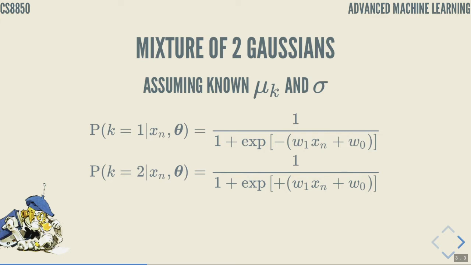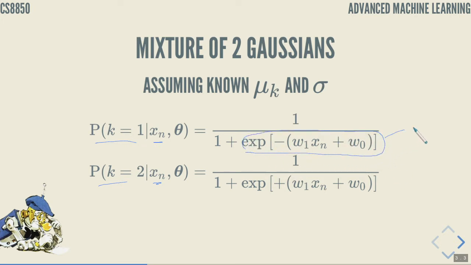If that is true, then as you will show in your homework, the probability of class 1 given a data point and the probability of class 2 given a data point can be expressed by this expression. Class 1 is e to the negative linear function of x, and class 2 is e to the positive linear function of x. Well, does it remind you of anything? I hope so, because if we